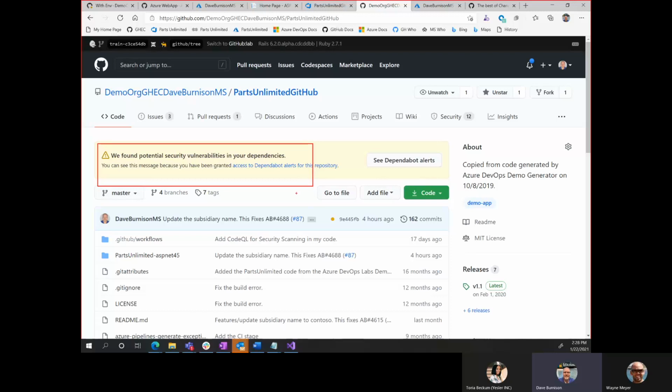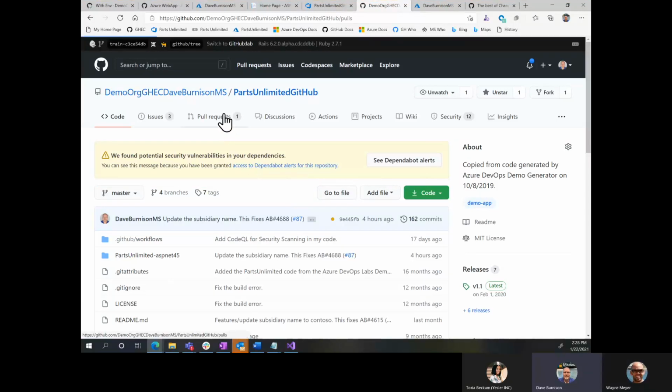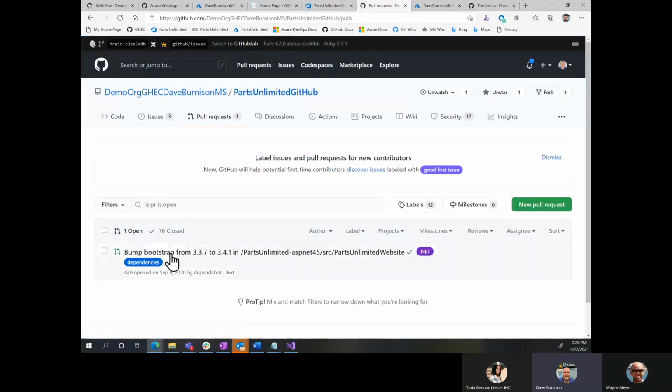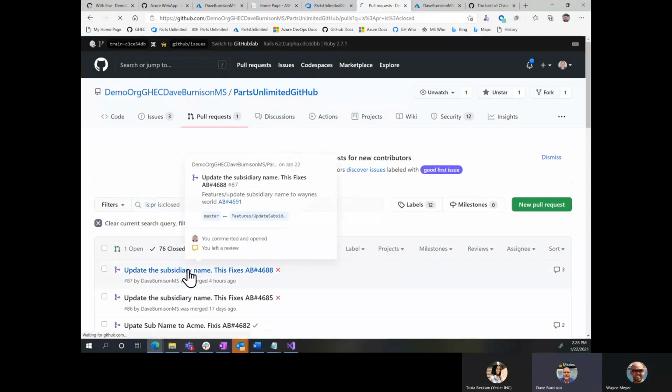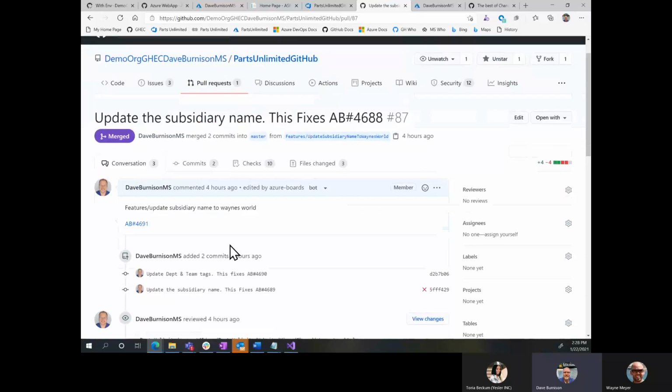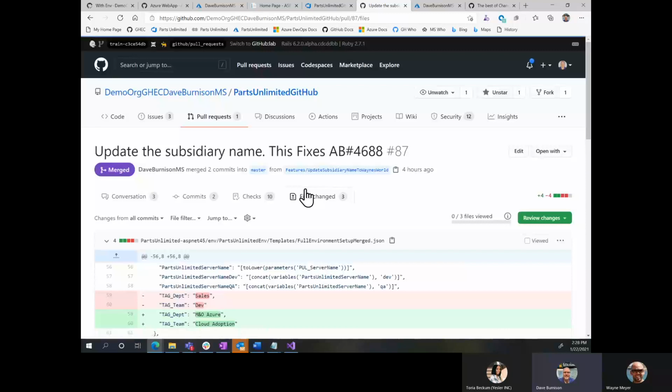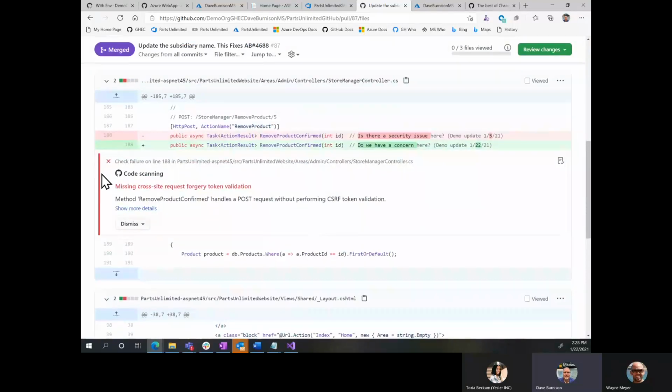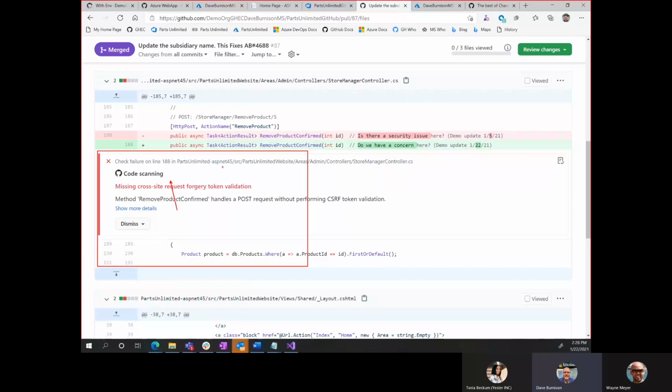But it goes deeper than that. It's not just security on the open source packages that we're pulling in, but if we look at the last pull request for the last feature change that I did and look at the files changed here, we're going to see it's alerting me to security problems in the code that I've written.